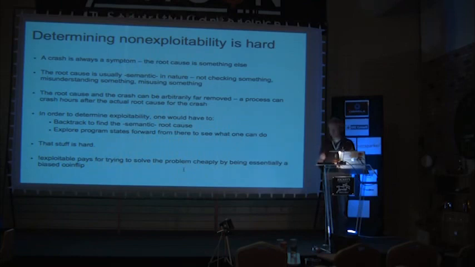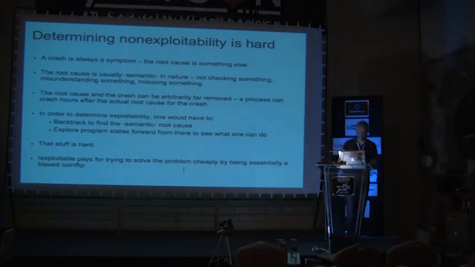somewhere the programmer misunderstands something or misconstructs something. The fact that the root cause is oftentimes semantic means it's very hard to automatically find it, because semantic means it's a problem in meaning, and computers are not very good at dealing with something as vague as meaning. The other thing is that a crash can be arbitrarily far removed from the actual cause of the bug. A server can crash 2 hours after memory got corrupted, and there need not be any trace of how the corruption led to the crash anymore.